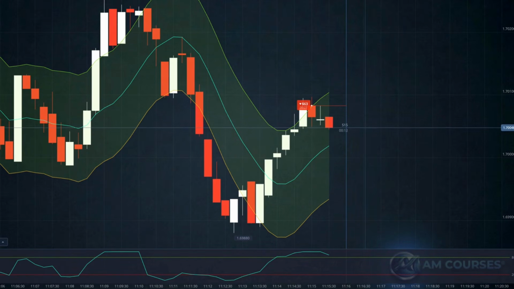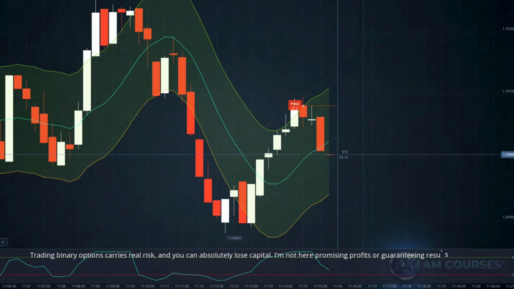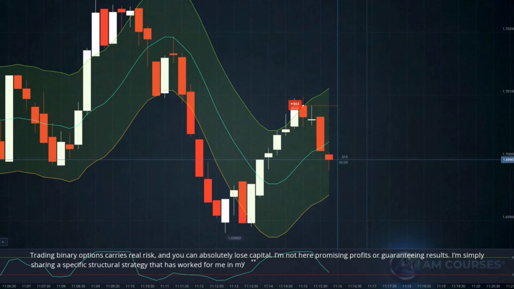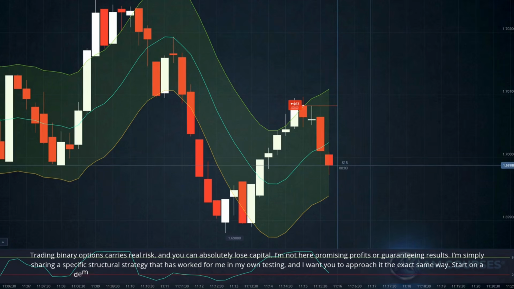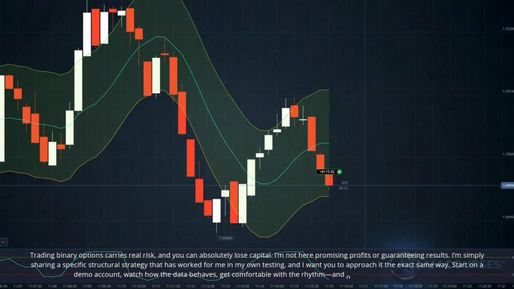But real quick before we dive in, trading binary options carries real risk, and you can absolutely lose capital. I'm not here promising profits or guaranteeing results. I'm simply sharing a specific structural strategy that has worked for me in my own testing, and I want you to approach it the exact same way. Start on a demo account, watch how the data behaves, get comfortable with the rhythm, and only then consider going